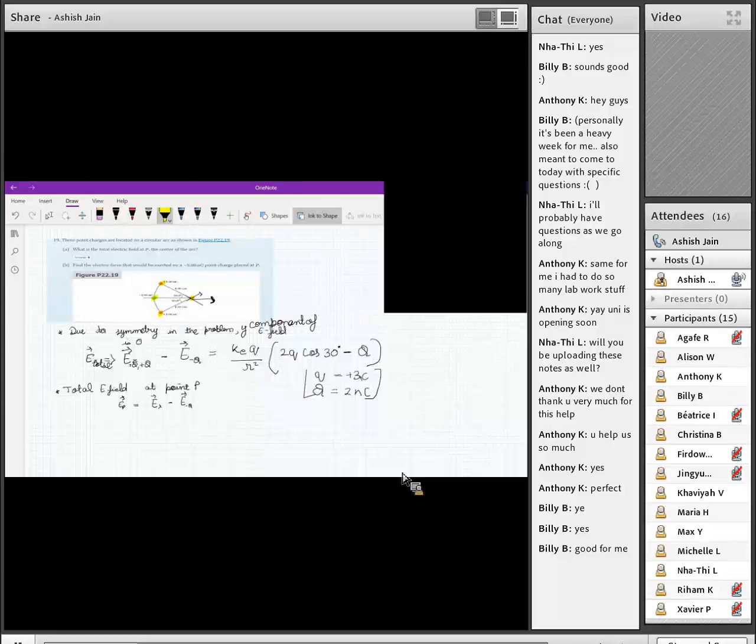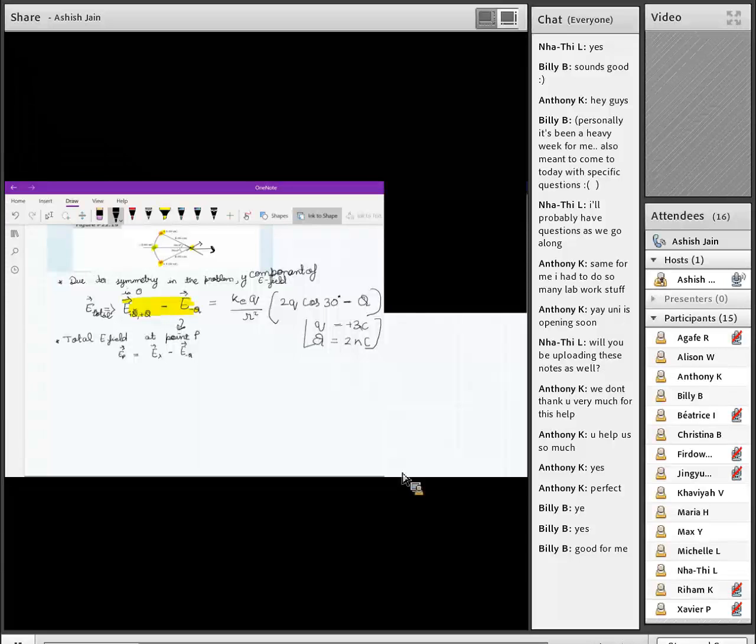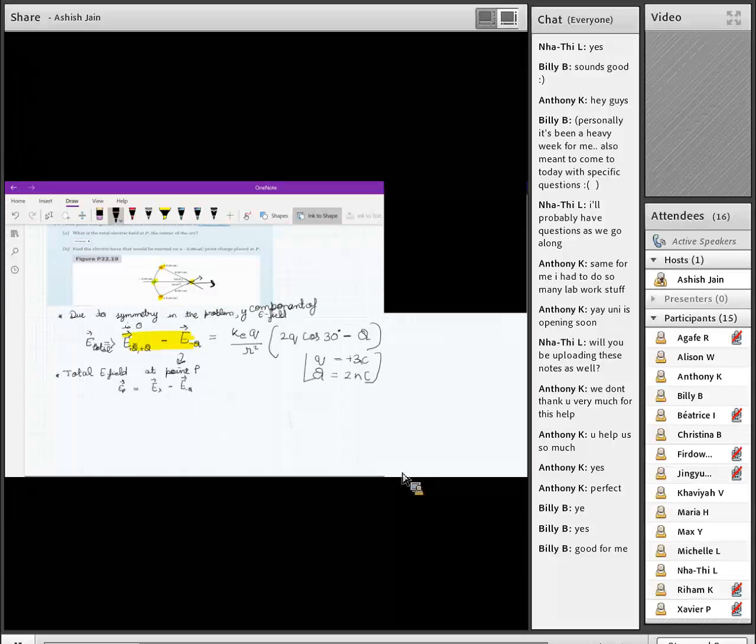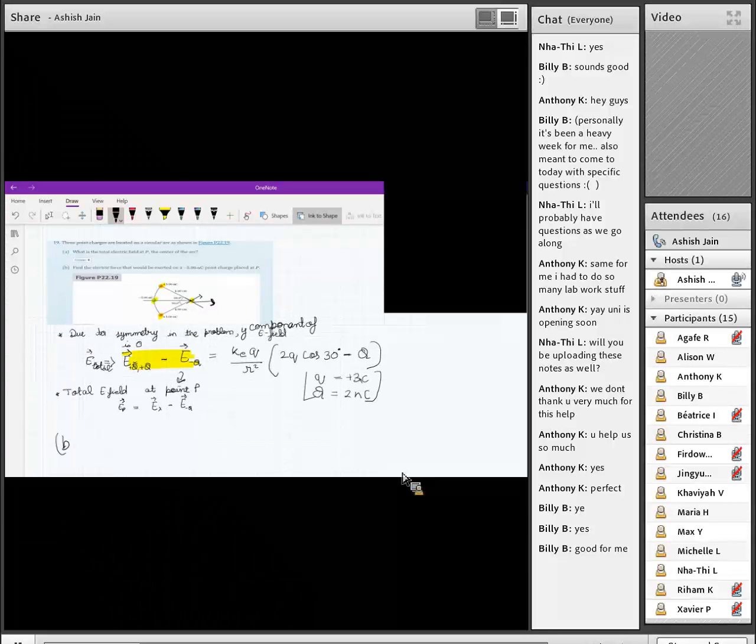Perfect. So this is exactly what I wrote here, same as this. I wrote it before. I didn't realize that I wrote it there. So the electric field at point P is the total X component due to the two point charges, subtracting the negative point charge electric field. Now the B part of the question is,